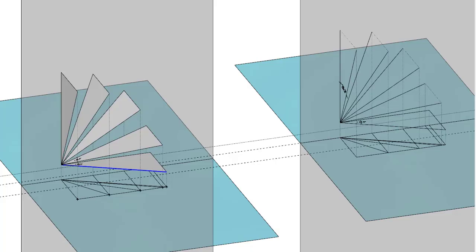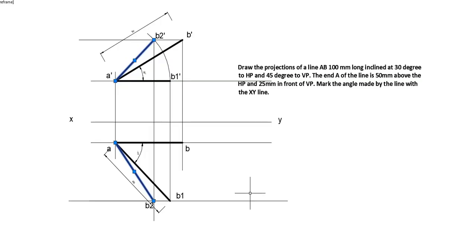I hope you got at least some understanding from this session. Let's continue working on this particular sort of questions, and this is actually, in my opinion, the toughest topic in engineering graphics for S1, that is the projection of lines inclined to both the planes. Once you have this cracked, projection of solids and projection of sections, all those things will be easy for you.